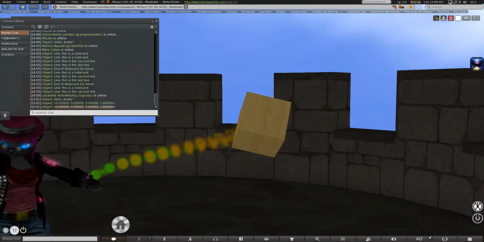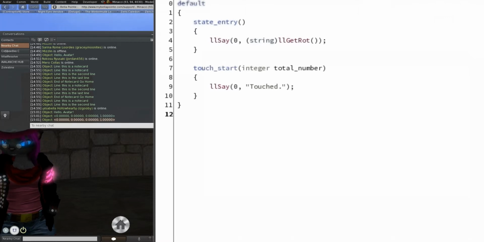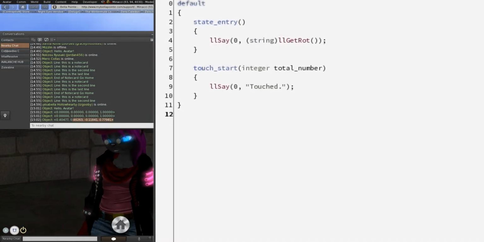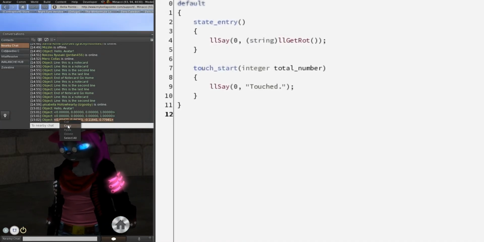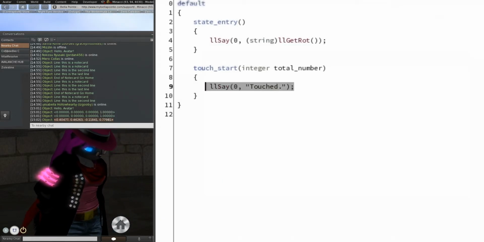But we'll just go ahead and get a different rotation here, just so we get something a little more dynamic. There we go. Because of its complexity, the easiest way to work with set rotation is just to use a get rotation. So